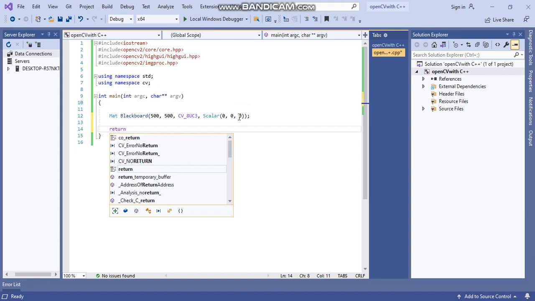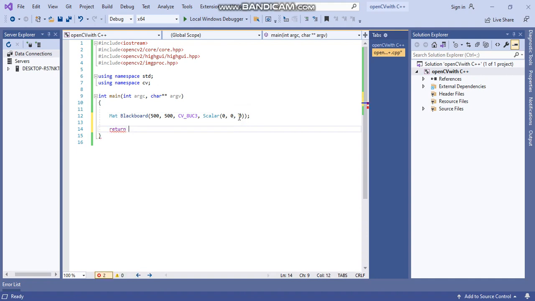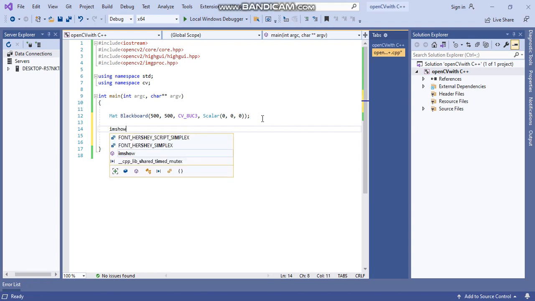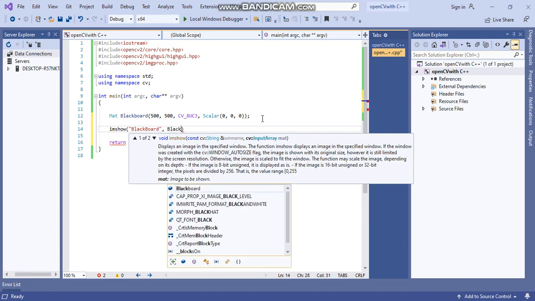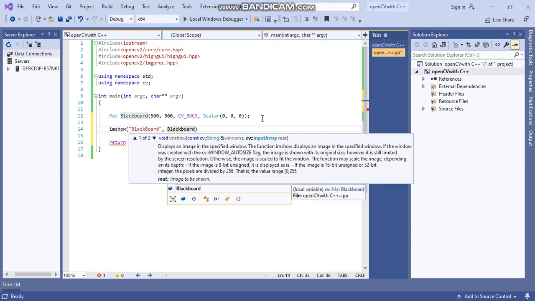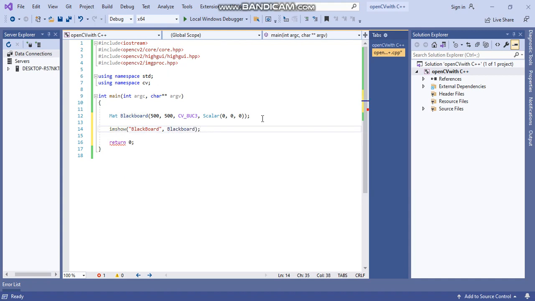Return 0, because the type of the function is integer type. Now try to show this image with imshow, and in imshow you write "blackboard is ready", and then the variable name blackboard in lowercase, and then a semicolon.